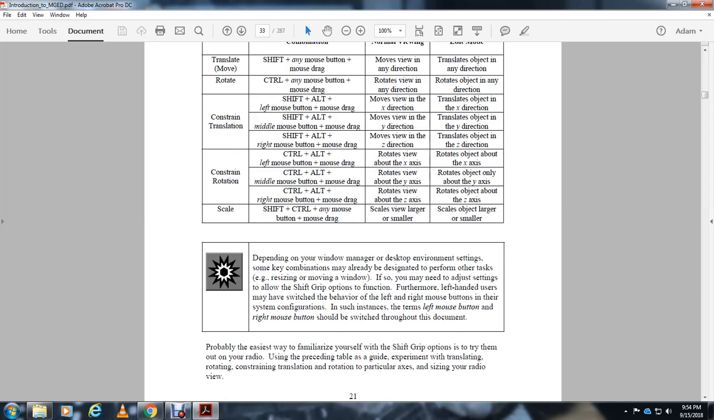Alright, depending on your window and desktop environment, some key combinations may be designated to perform other functions, so you may need to reset everything over the window. When moving the window, you sometimes need to adjust the settings that allow the shift grip option to function, since left-hand view for the mouse may switch the behavior of the left and right mouse buttons. If there is such a system configuration, the left mouse button and right mouse button should be switched throughout the document. Probably the easiest way to familiarize yourself with the shift grip option is to try them out